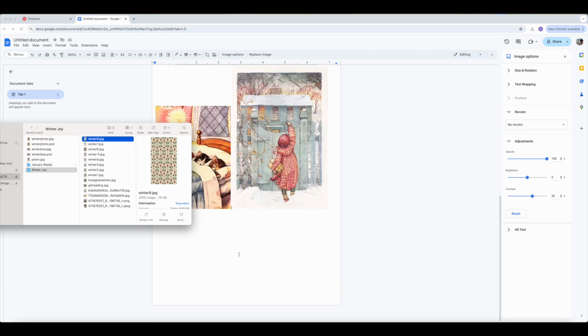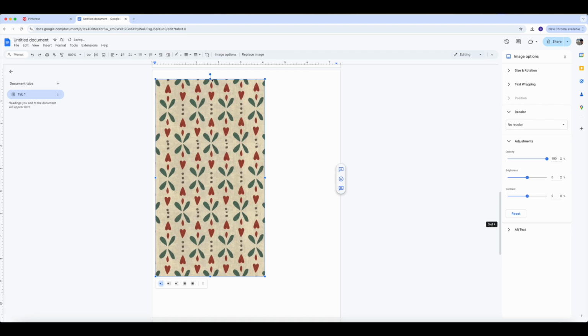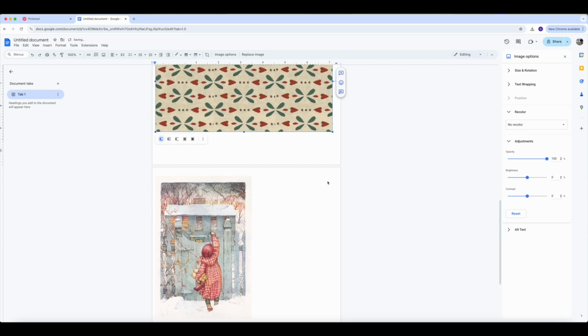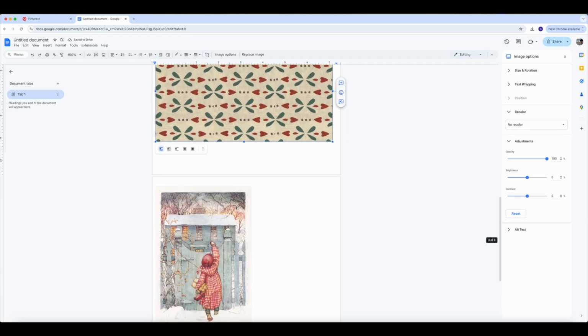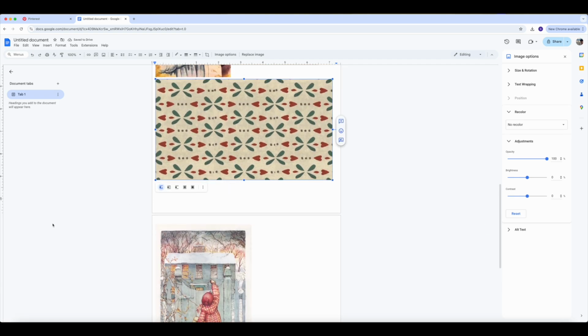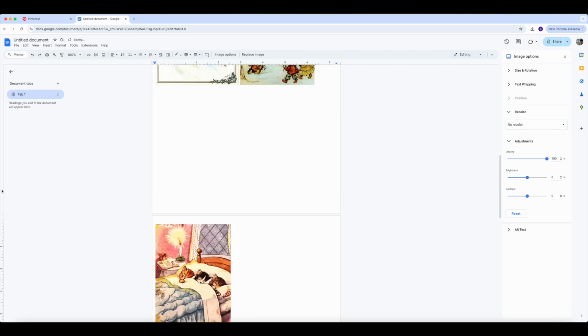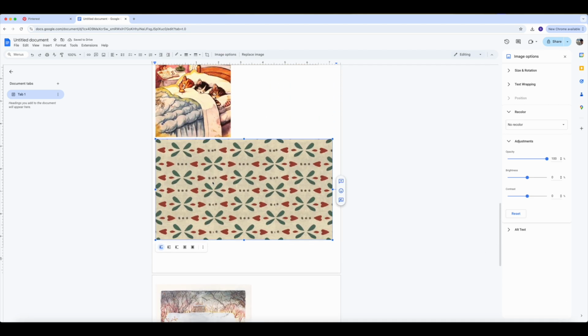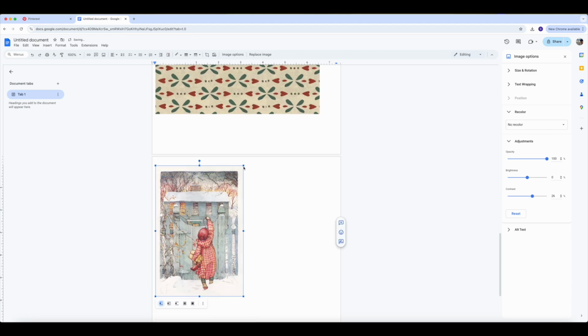Final image that I'm going to add is this floral paper, and I don't want to waste the vertical space, so I'm going to take that little wand at the top and I'm going to just move my mouse to the right, and it's going to automatically rotate it so it is a landscape instead of a portrait orientation. But you can see that it's splitting the images and it's giving me a few problems,